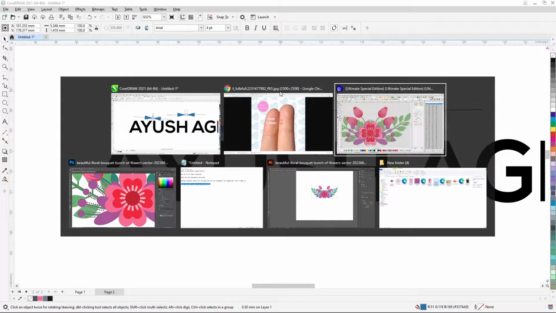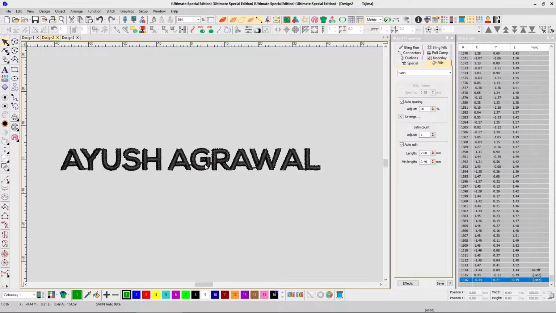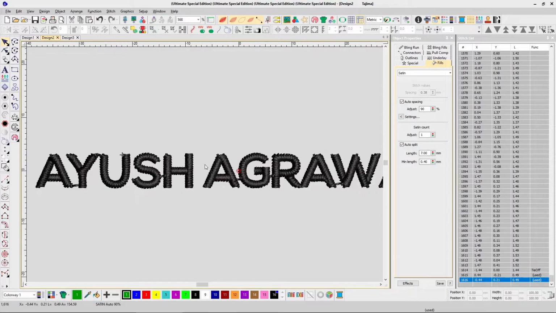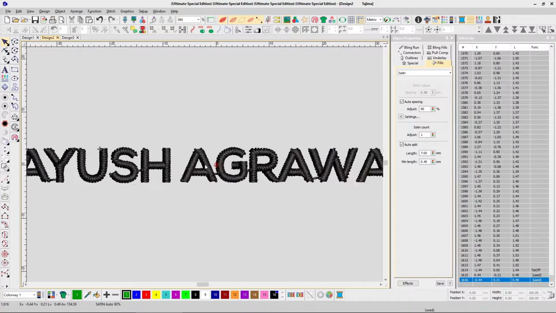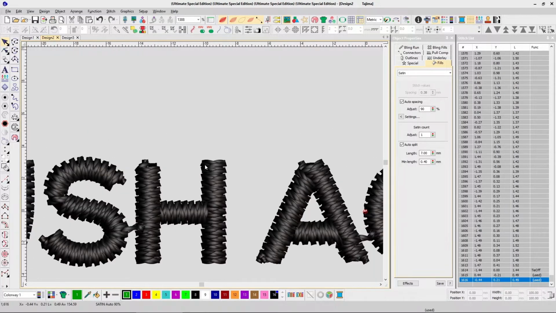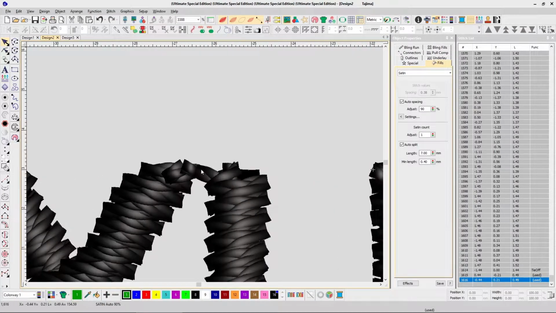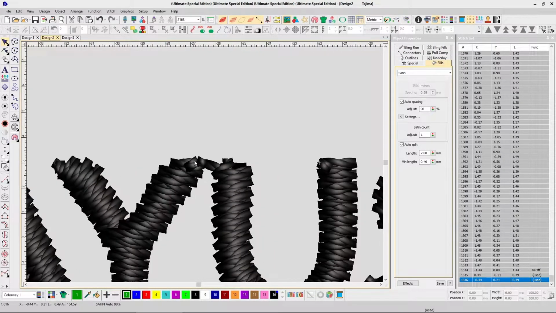Now I'll show you how it looks in embroidery. So this is how it looks. However, on the computer screen it might look absolutely fine to you. The machine will not even give you this kind of result. This is how it looks on the machine, and see, even in the software it has actually made a jump.